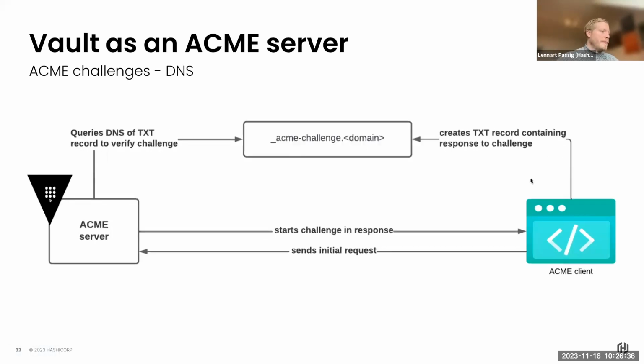And the third one that we have is more or less the DNS validation, where we just go ahead and create the TXT record right here, which contains the response to the challenge and verifies that we have ownership of those things. We come later towards the considerations, what may be best practices, what we should do, maybe when, where. Let's see how much time we have. But these are more or less the three challenges that we are supporting with Vault and ACME.